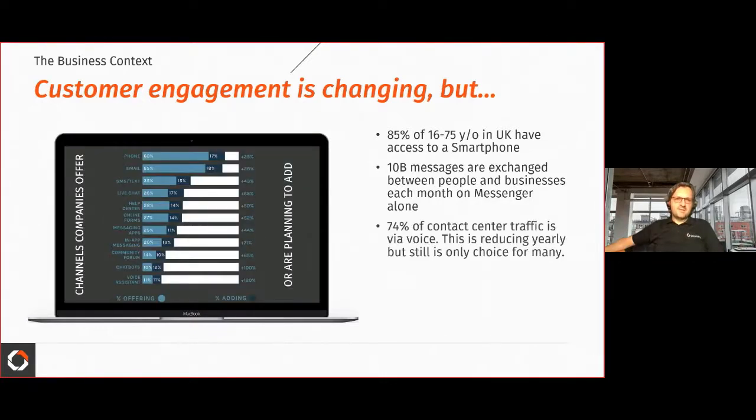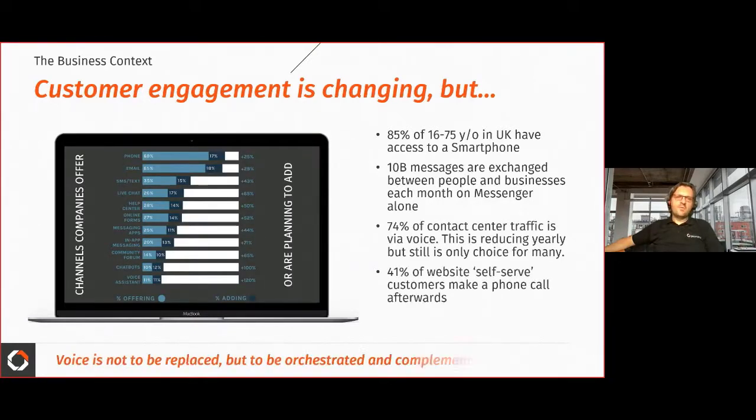But, and there is a big but that we always highlight coming from the voice and contact center world, still 74% of contact center traffic is voice. So we cannot offer any solution to manage customer engagement and interaction that cannot handle voice.